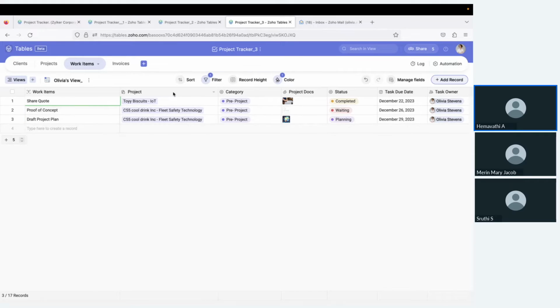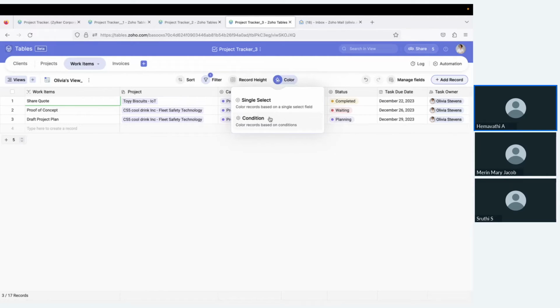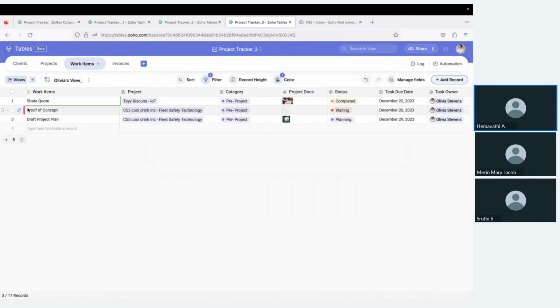Okay, so this is my record. Now I can configure this record the way I want. Now I can even apply color. Clicking on condition, I want to color my records red based on status is any of waiting. As I've applied my color, I can see this particular record is now colored red because the status